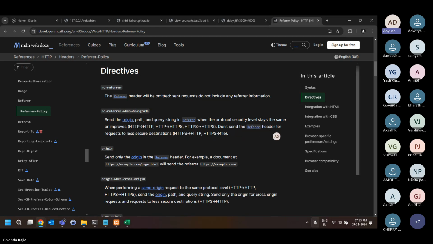Don't send the referrer header for requests to less secure destinations. So what does it mean? It means that if the attacker controlled website is loaded under HTTP and the target CDN is loaded under HTTP, then if the referrer policy header is set to no-referrer-when-downgraded, the referrer information will be sent. Or, as it says, if it improves,